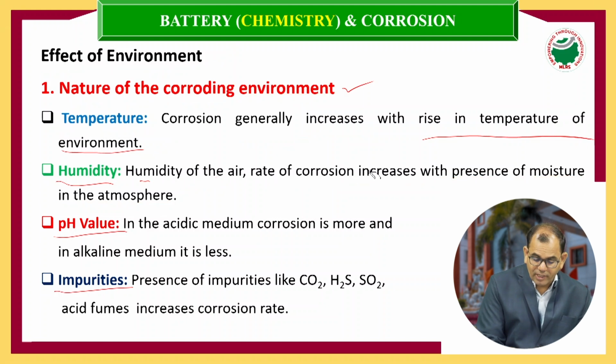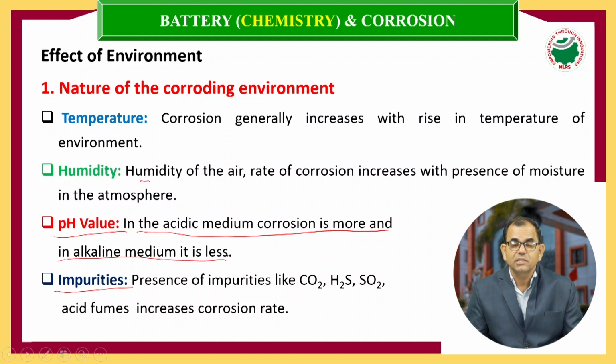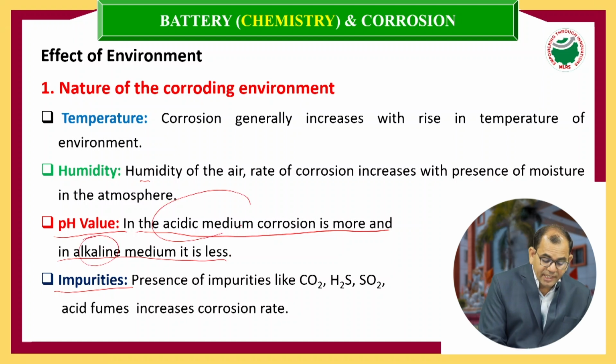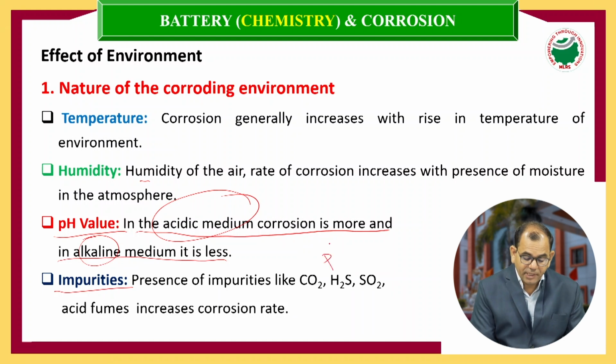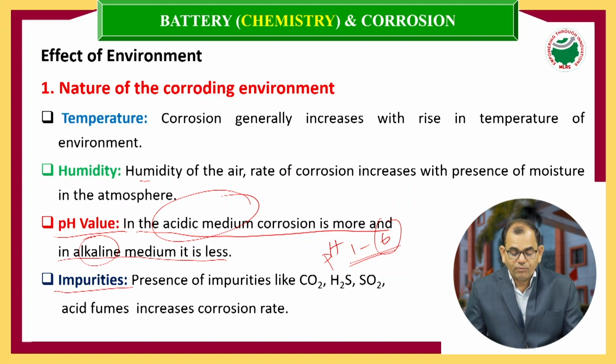another factor is the pH value. In acidic medium, corrosion is more, and in alkaline medium, it is less. Alkaline medium means something like basic nature. Acidic nature is somewhere around pH 1 to 6. pH 5 and 6 are slightly acidic, but values like 4, 3, 2, 1 are too acidic. For example, now